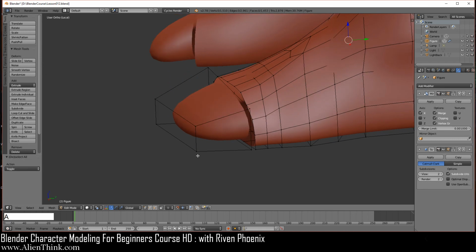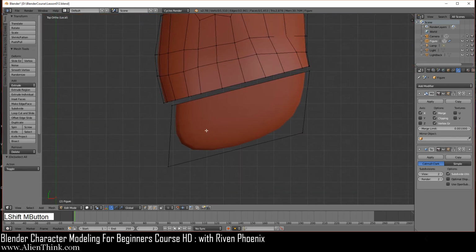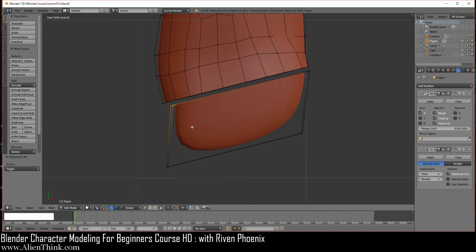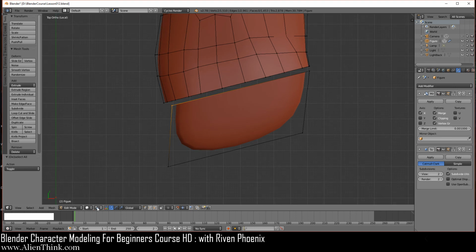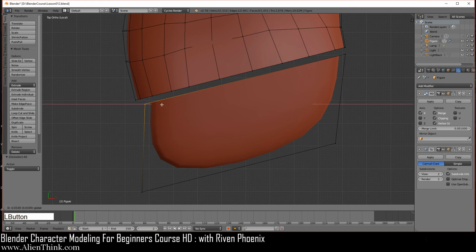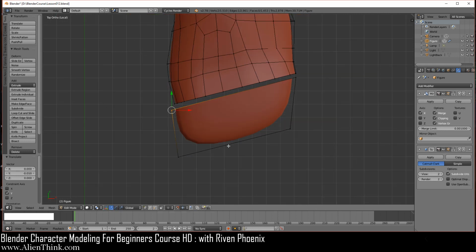Okay. And then A to deselect. So this will start to get this ready. Now press 7 over here, and I'm going to press the Z key, press the C key, and over here only select these two vertices like this. Press 7. Let's go ahead and get rid of the active element. Go to median point. Now we're just going to move this out 1, 2, 3, 4, 5, 6, 7. Okay, I'm just going to bring it in 1, 2, and 3 over here.